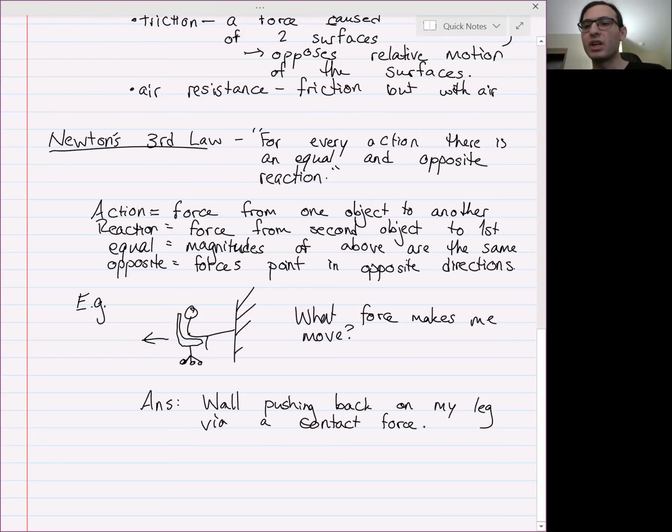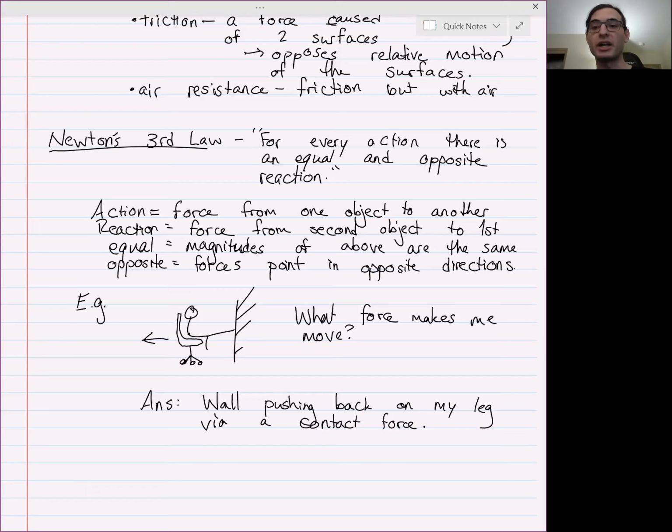So what happened is I applied a force to the wall by pushing on it. I used my muscles to apply a force to the wall that pushed on it. Now the wall didn't move because it's stuck in the ground, right? And it's buried and really heavy and things like that. But I can move. And so when I apply a force to it from Newton's third law,